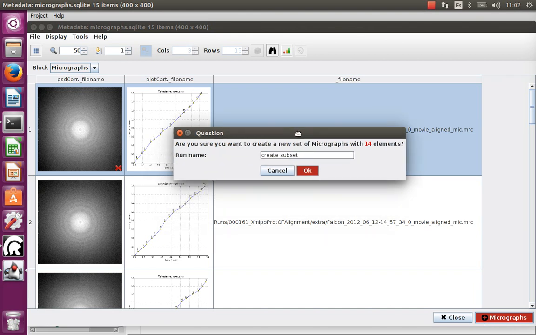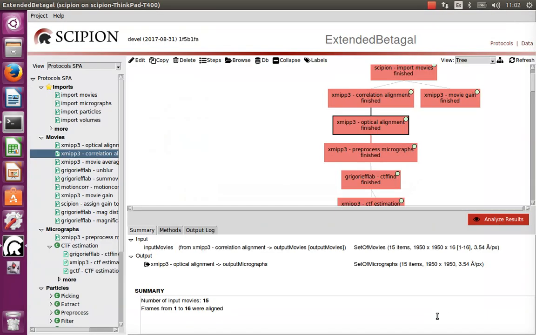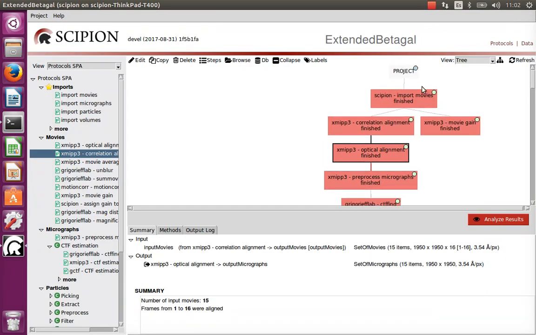And this new set of micrographs, instead of having 15 images, 50 micrographs, it has only 14, because we have rejected one because it had very large movements. But this was not the case, so we will not do it now. Okay, so we imported the micrographs, we verified that the gain was correct, we have corrected for the global alignment, we have corrected for the local alignment, and at this point we didn't look at the micrographs, so we analyze results again,